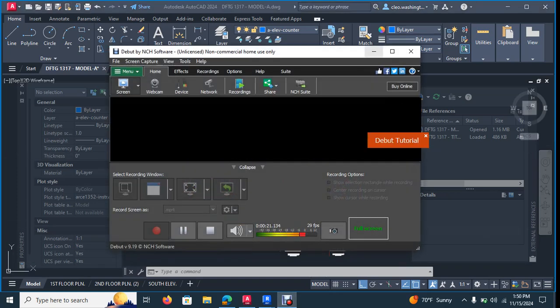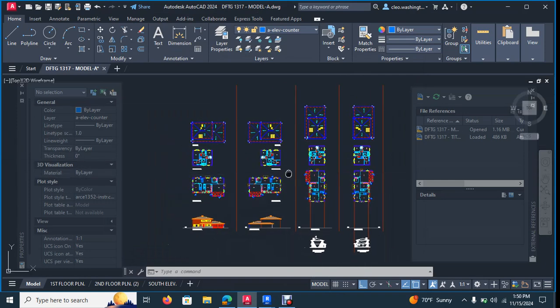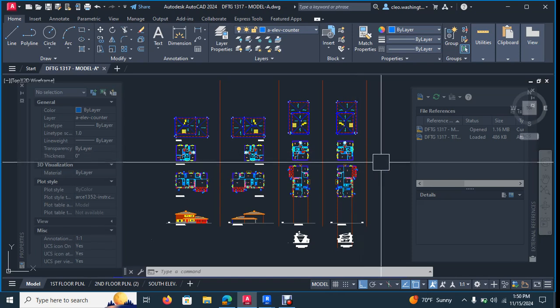Okay, sound is good. So today we're actually going to work on the electrical plans, and we're also going to work on the foundation plan, but we're going to roll it out in